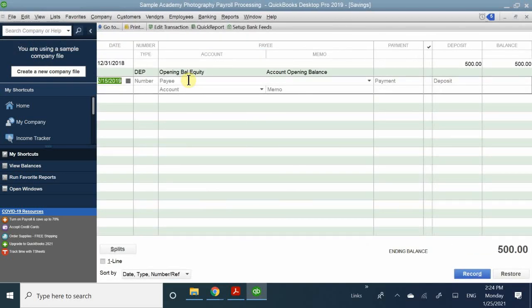Okay. And this one only shows the 31st. What is wrong? Here's the 15, but